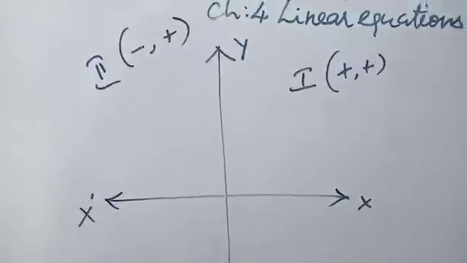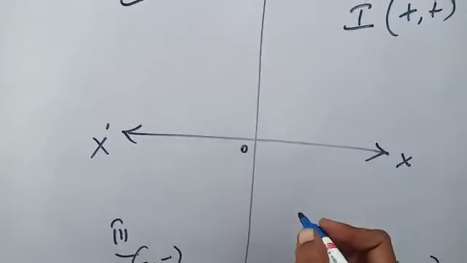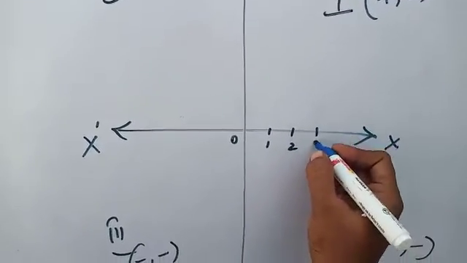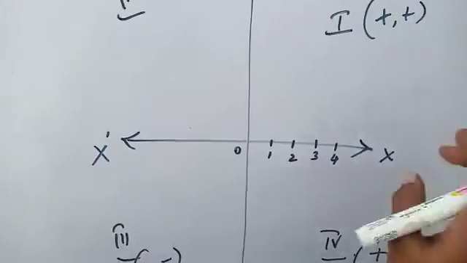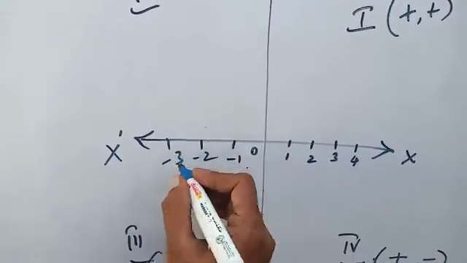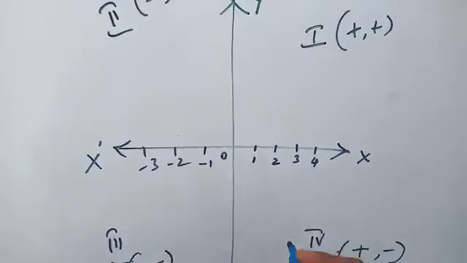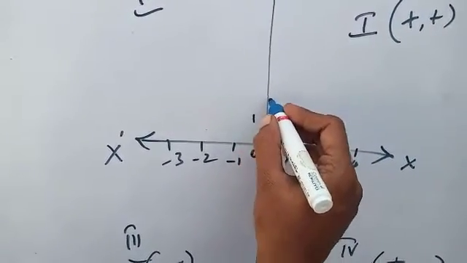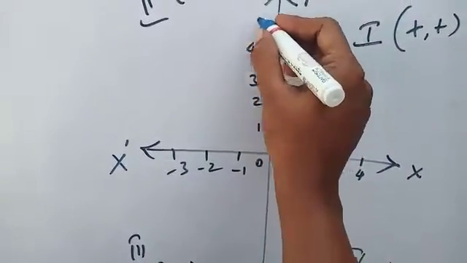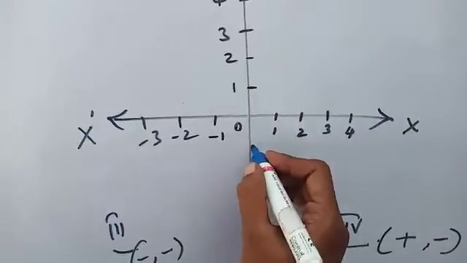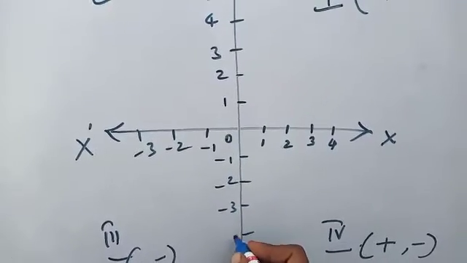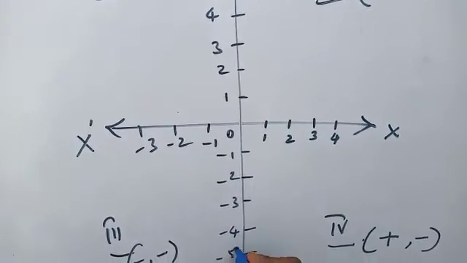How can we locate the points now? The center point is the origin. This is 1, 2, 3, 4, it goes on. Is it -1, -2, -3? We can take it like a number line. Here also you have to go with 1 positive, 2, 3, 4. You people will write the scale often. This is -1, -2, -3, -4, -5.